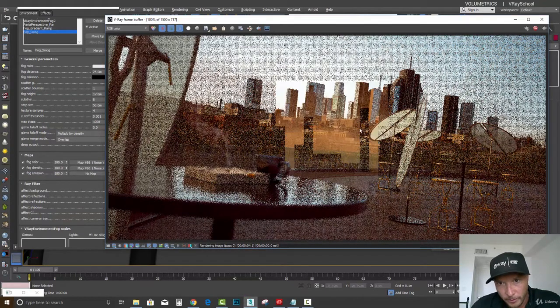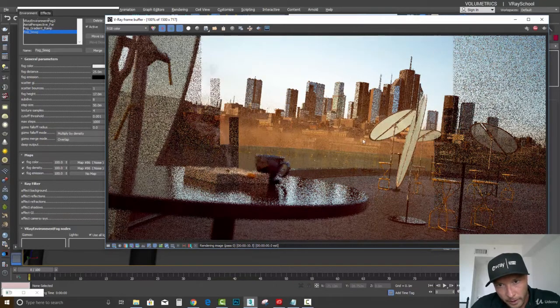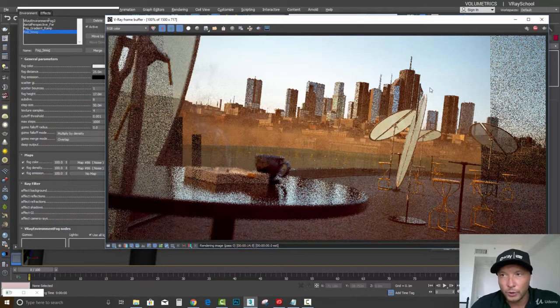Works very well with the lighting. I think the background is a little bit off and we're getting this haze at the foreground, so